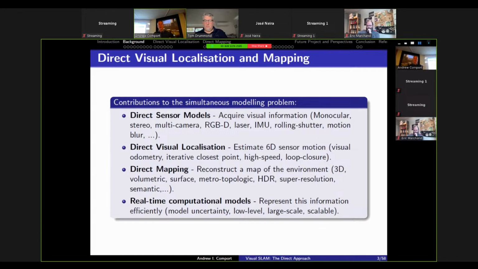So I've grouped in my HDR report all the contributions into several chapters and sections. One of the contributions is based on modeling different types of sensors and how to integrate that into a direct approach. There's another part which is focused on the localization problem. So in terms of localization, we look initially at visual odometry using only images, and then we look at how to integrate depth sensor information into that as well using RGBD sensors. And we also look at how to make the localization high speed and how to perform loop closure. And in terms of mapping,